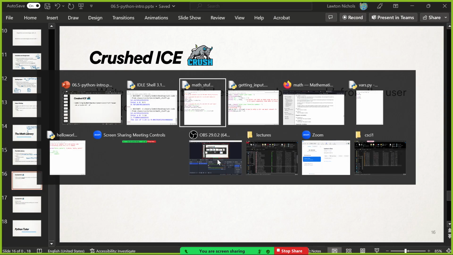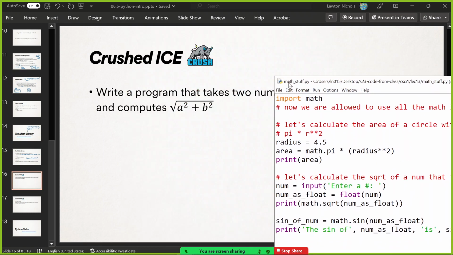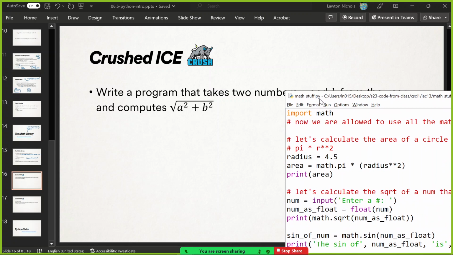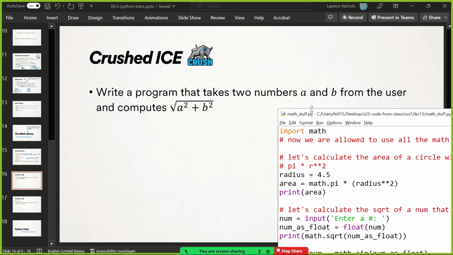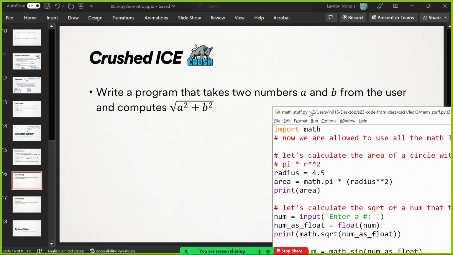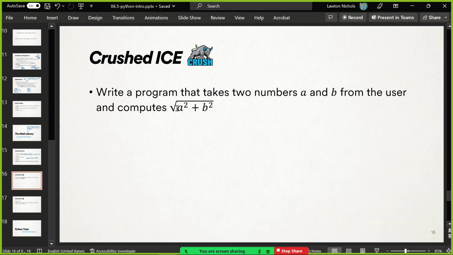Here's, let's see, can I give you some of this code? Here's some relevant code that you might find useful while you're working on it. But I would like you to write a program that takes two numbers from the user. So you're getting two things, and call them A and B, let's say, and it's going to compute the square root of a squared plus b squared. So this is like finding the length. Like if a is equal to 3 and b is 4, this is going to come up with the number